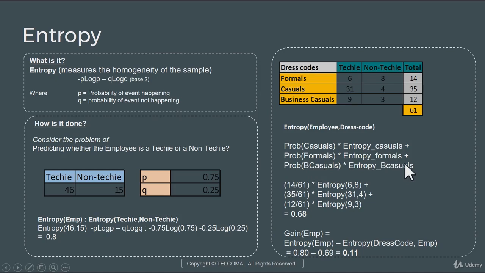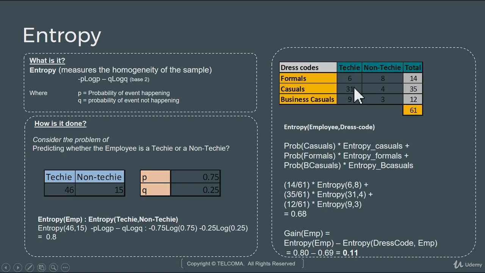So it's a summation of probability of a class multiplied by the entropy of the class, summed for all the classes in that particular category. In this case, we have three classes: formals, casuals, and business casuals. Now if you leverage this formula and put in the values, so probability of casuals, we will have probability of casuals as,